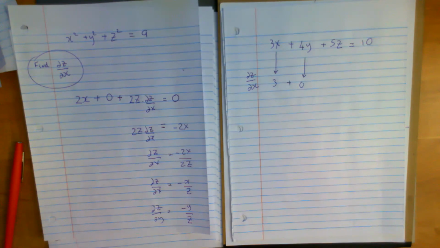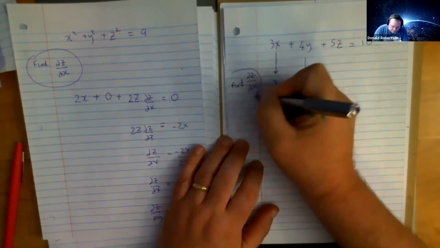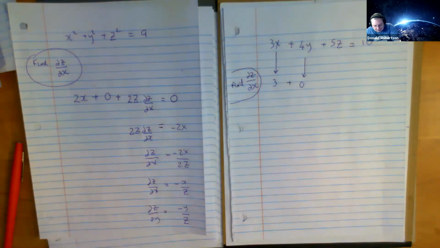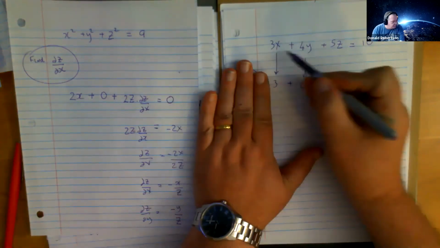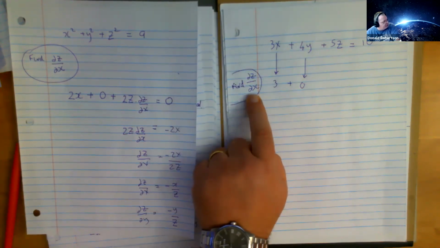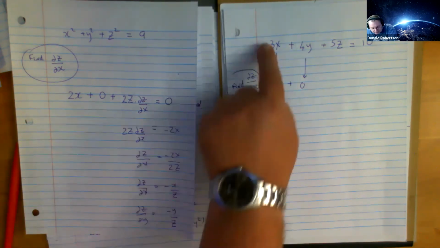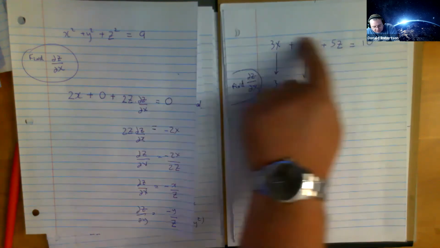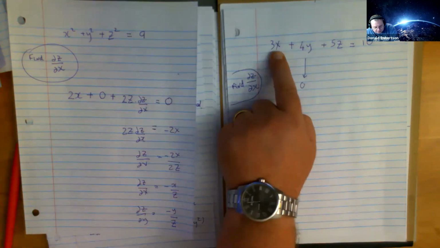Mr. Robertson, sorry, why do we differentiate 3x again, and with 5z, we add dz over dx after the 5z? Why is that again? Oh, the question is find dz by dx. So I'm taking this implicit expression and differentiating all its parts with respect to x, with the ultimate goal of eventually telling you what the partial derivative of z with respect to x is. So the process involves you taking the original implicit expression and differentiating all its pieces, partial derivatives, with respect to x. So 3x gets you a 3,